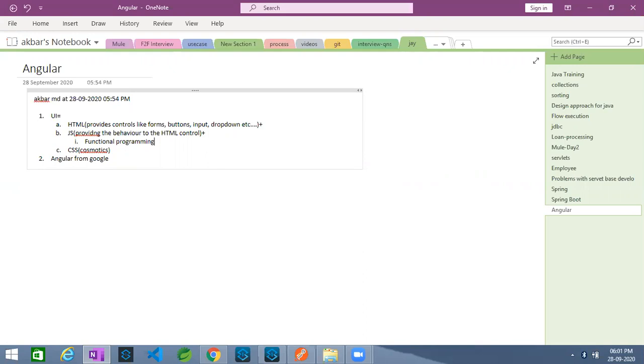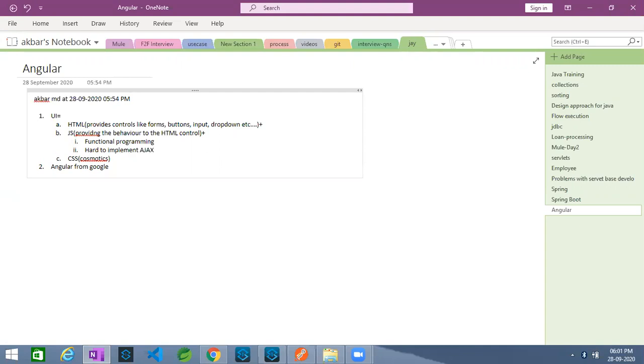If it is a large scale, big application, then definitely it is very, very hard to manage that code in the JavaScript world. So that is the reason people are... see, if you are using plain JavaScript, it is again hard to implement the Ajax calls.